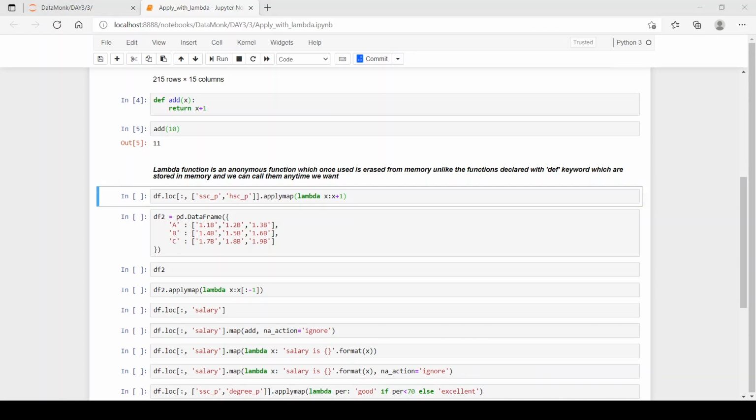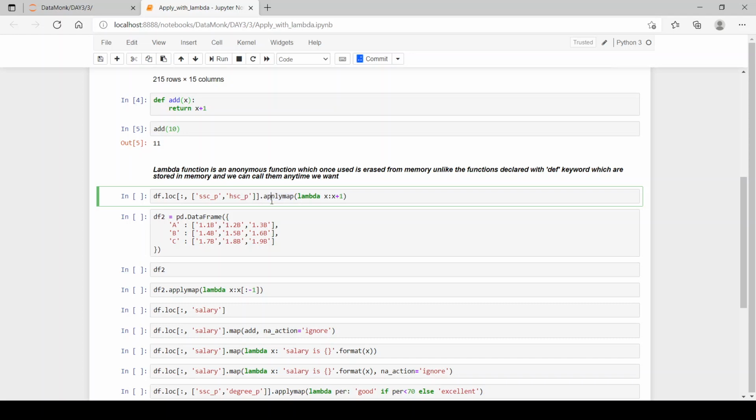Now let's see how we can use lambda functions in apply and applymap methods. Over here, with the use of the .loc method, I have selected two columns from our data frame, SSCP and HSCP. Now with these two columns, let's use the .applymap method.